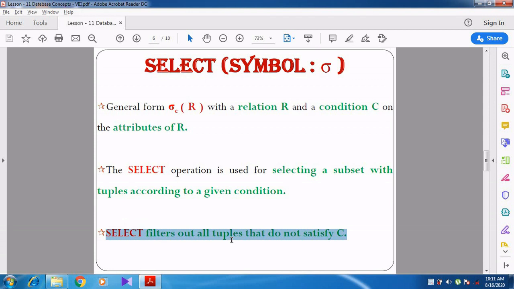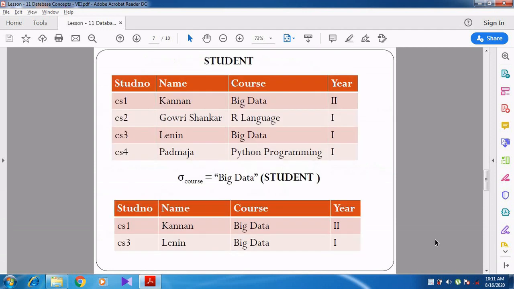Only the tuples which are satisfying the condition will be selected and displayed.